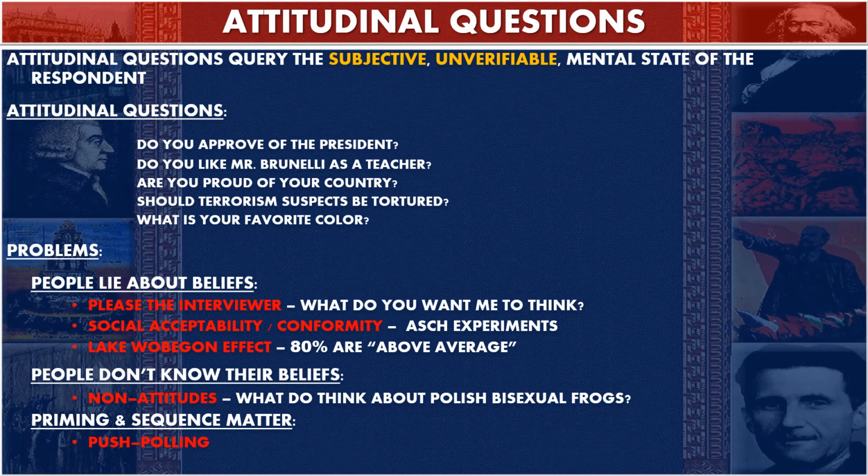So, for example, in the Asch experiments, they had two different lines, one longer than the other, and they had one person who was the real respondent, and everyone else in the room was an actor, and they had all the actors give responses saying that the shorter line was actually longer. I might have that reversed, but basically they gave the wrong answer,